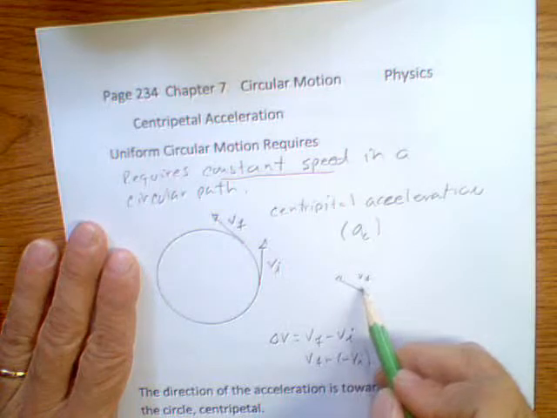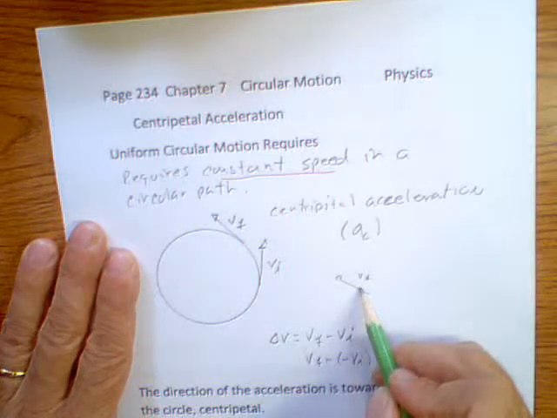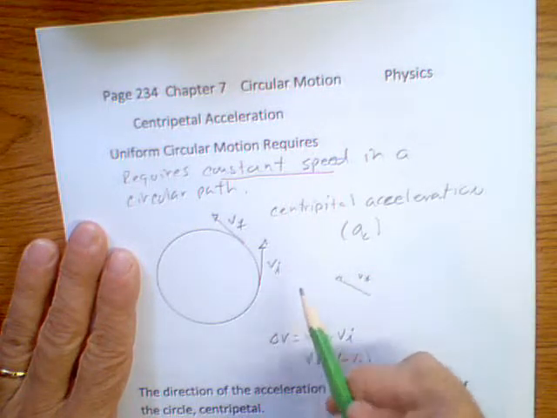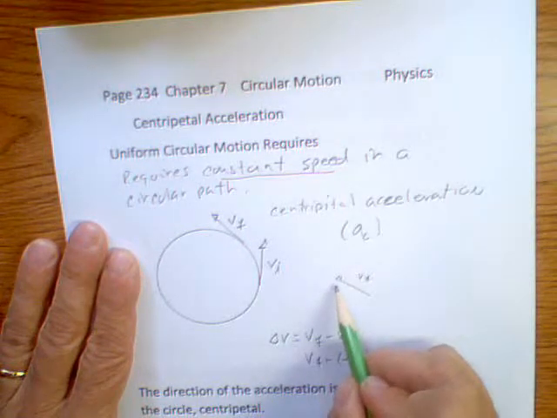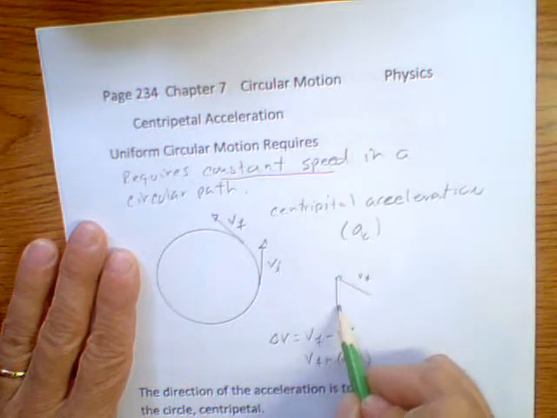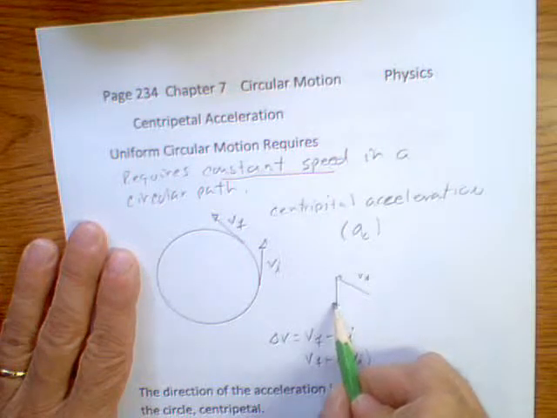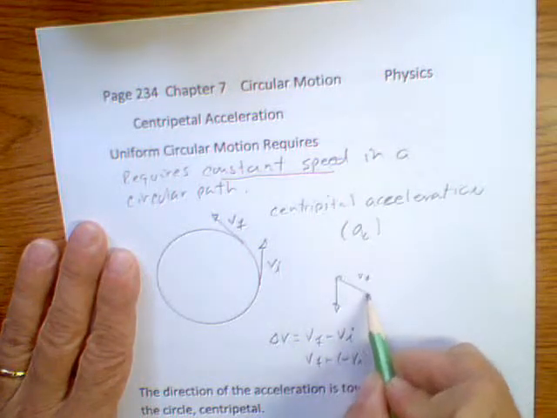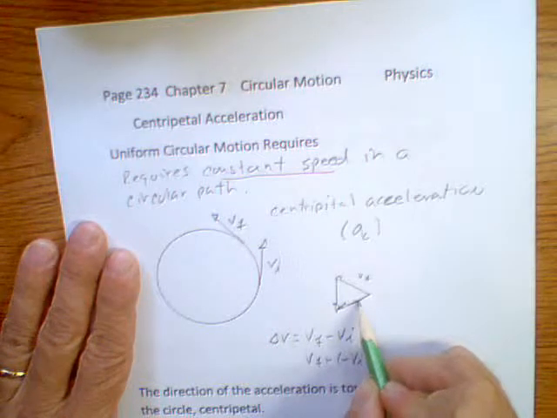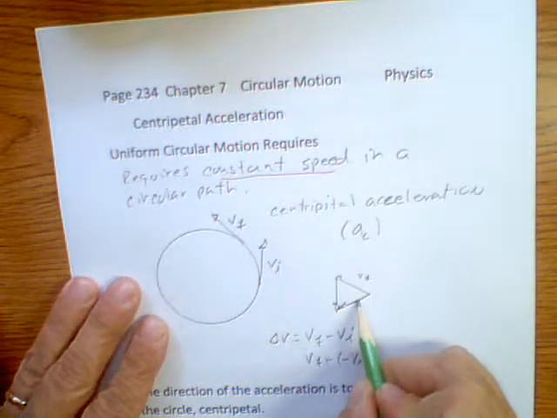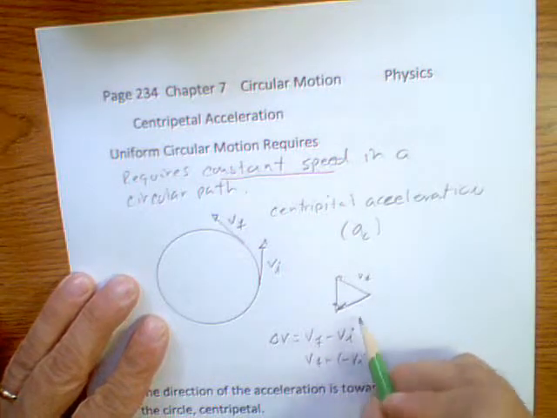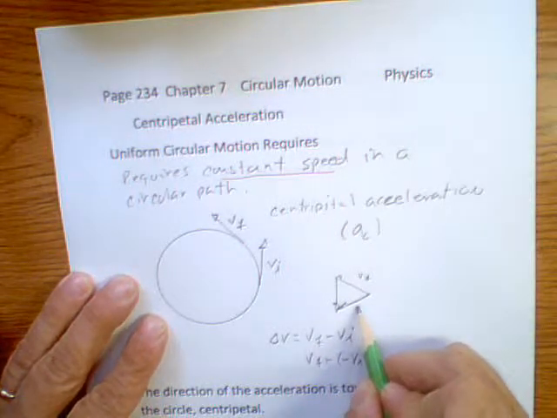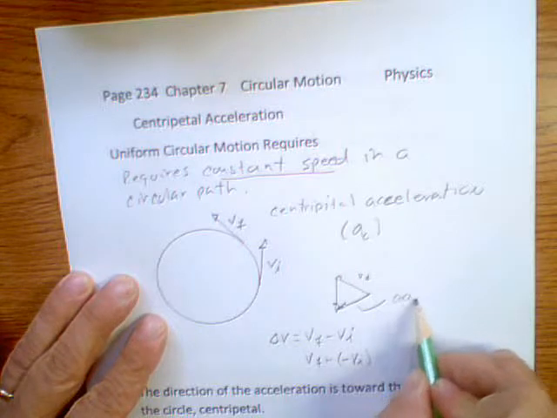The negative of velocity initial would just be this one flipped upside down. Well, if I flip that one upside down, then the resultant vector is acceleration, and that resultant vector is pointing directly towards the center of the circle. So here's acceleration,